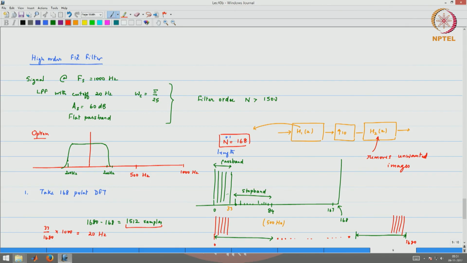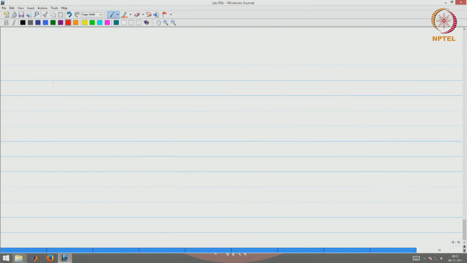So what you do is take the inverse DFT of this, but now it is not a 168 point inverse DFT, it is a 1680 point inverse DFT, and what you will get is a 1680 tap filter with omega c corresponding to 20 hertz